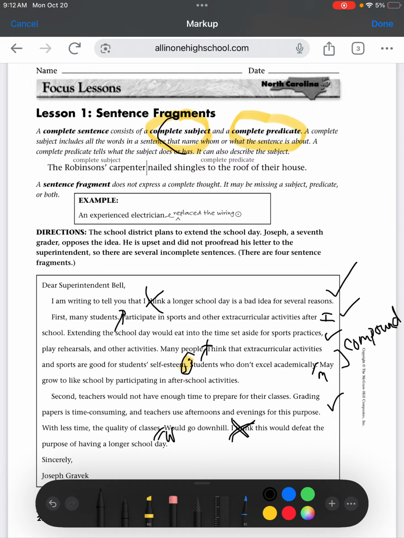So when you are working through these next lessons, I want you to keep in mind that if you see a subject hanging out all by itself with a period at the end, you can hear that it cannot stand alone. Same with a predicate. And I want you to make some intentional revisions to add semicolons in between simple sentences that are discussing the same topic.